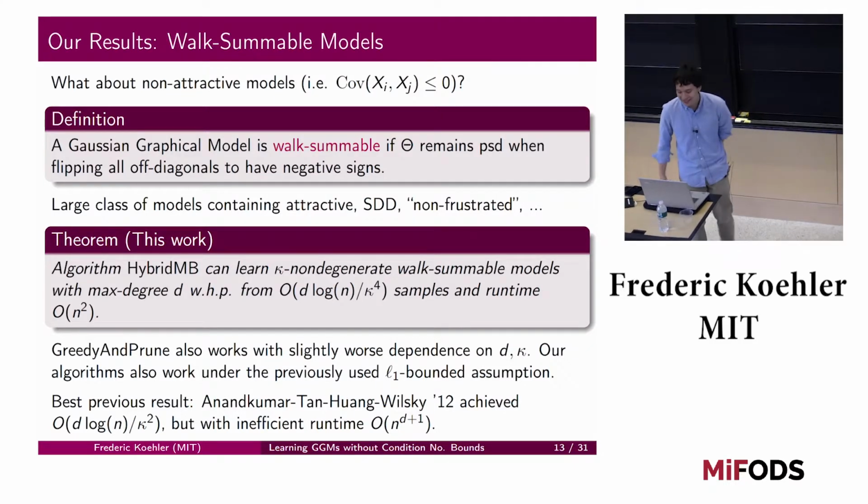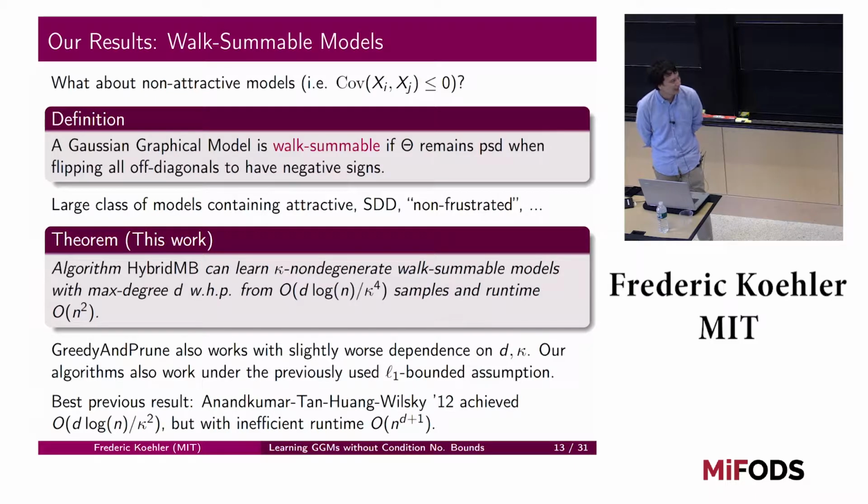The next slide, I'll talk about a more general regression result, so it'll be maybe easier to interpret how it compares to other methods. But anyway, this is using this algorithm which we call hybrid MB, which I'll reveal what that is later. Under the same assumption, you can also prove that a simple greedy method also works, and it has the same log n sample complexity, but for various reasons has a slightly worse dependence on d